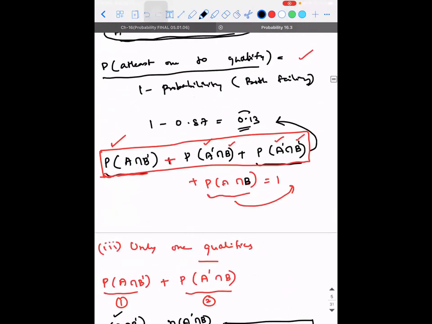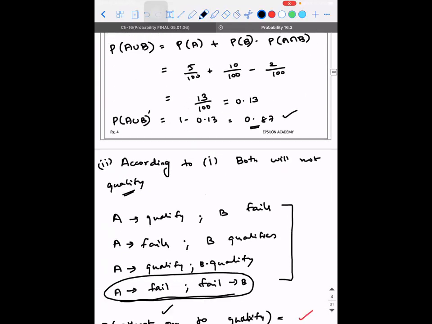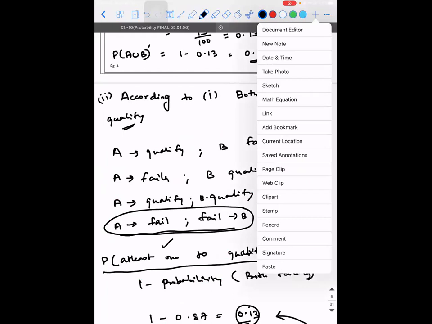I got 0.13. Okay, because what I did is at least one to qualify. Yeah, what you asked is right. Sorry, I missed it. I thought they're asking about the probability that at least one will qualify. I didn't check that. Okay, anyways, we can do it. But if suppose the question is asked like this, I hope you can, right? So we'll do that also. Let's say there's additional information.